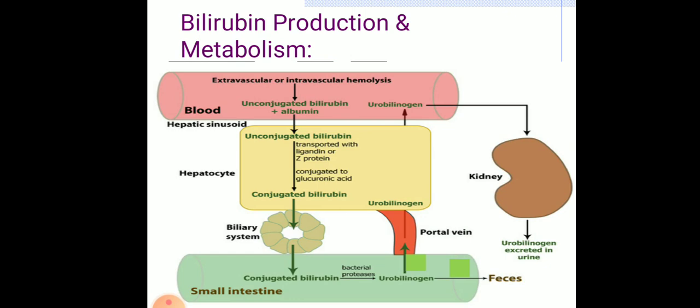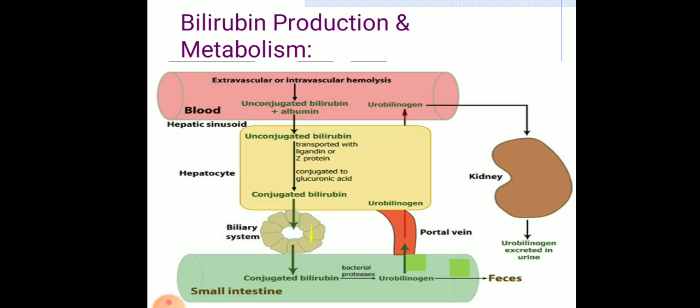So, it is bound to albumin and reaches the hepatocyte, right? Then, on reaching the hepatocyte, the bilirubin is detached from albumin and taken up into hepatocytes, where it is solubilized with ligandins or Z protein or Y protein. Then it is conjugated in the hepatocytes with glucuronic acid by glucuronyl transferase. After conjugation, this conjugated bilirubin is released into the biliary system. Okay. This is the hepatocyte where conjugation occurs. Then it is released to the biliary system.